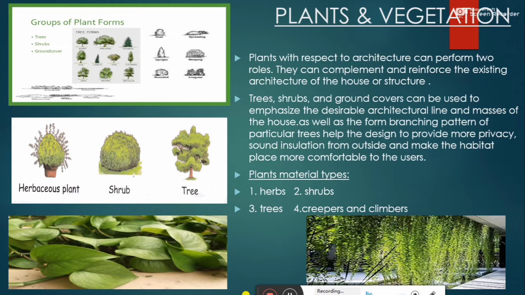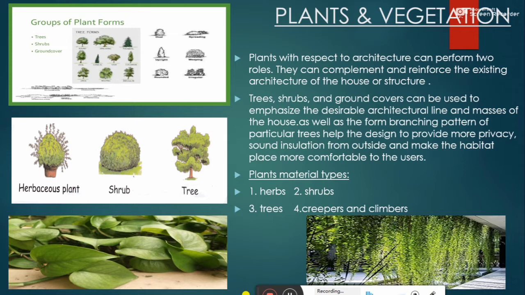Trees, shrubs, and ground covers can be used to emphasize the desirable architectural lines and masses of the house, as well as the form and branching pattern of particular trees help the design to provide more privacy, sound insulation from outside and make the habitat place more comfortable to the users.